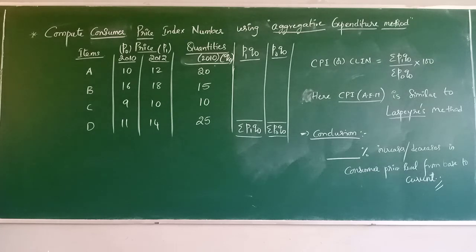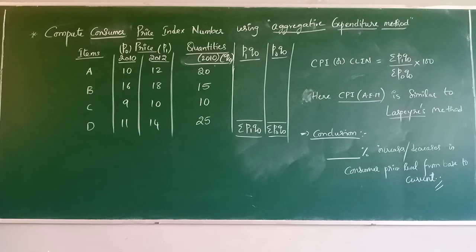So it is the cost met by a specified class of people. We have different classes of people: poor, middle and rich. The cost met by a specified class of people in purchasing their basket of goods and services are all nothing but expenses, expenditures, right? Now, how are the construction steps for the cost of living index number?